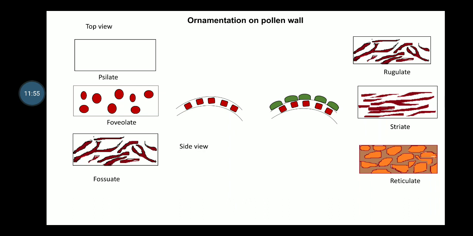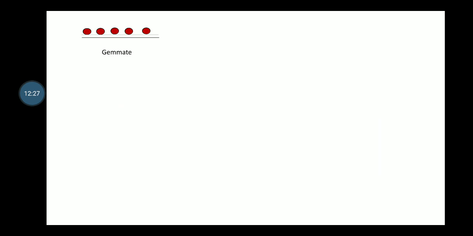So in side view, this type of pollen grain looks like that, and in top view, the rightmost figure, the right side figure, is the top view, and in the middle these are the side views of these 2 types. And in our next slide we will show some more ornamentation types. This is a pollen ornamentation type with sculpturing elements, and this is known as gemmate.